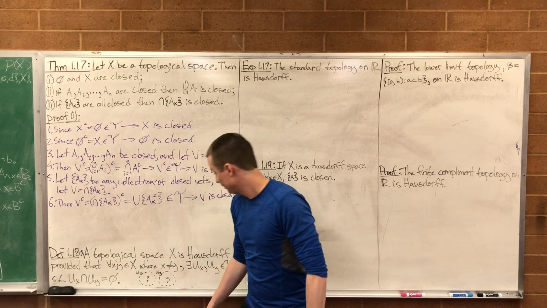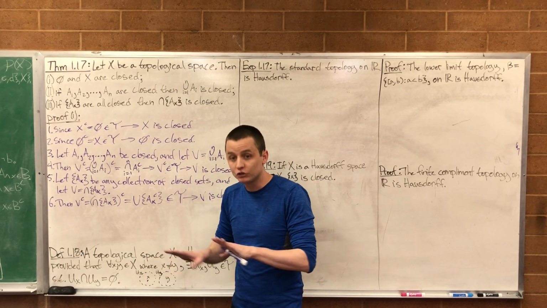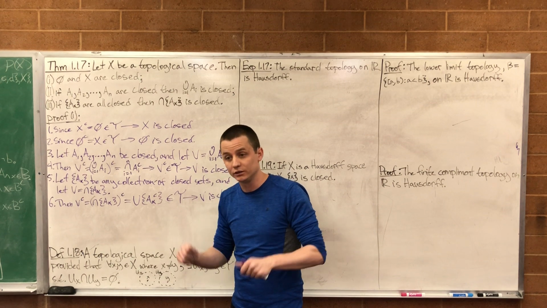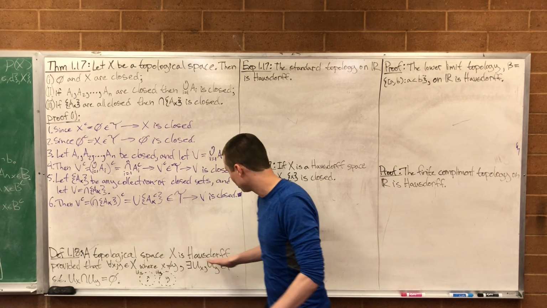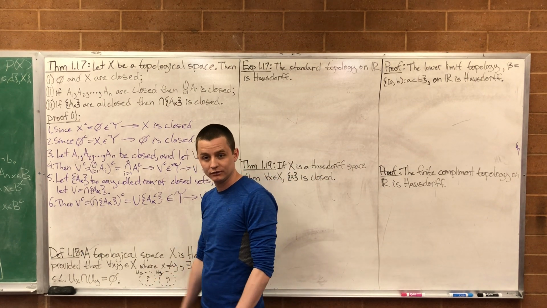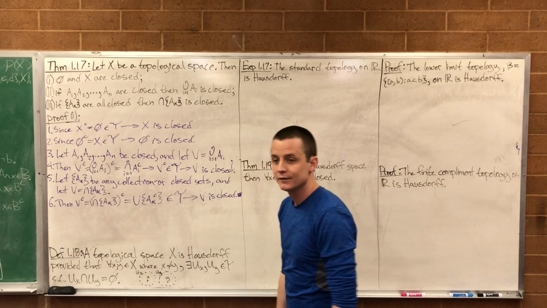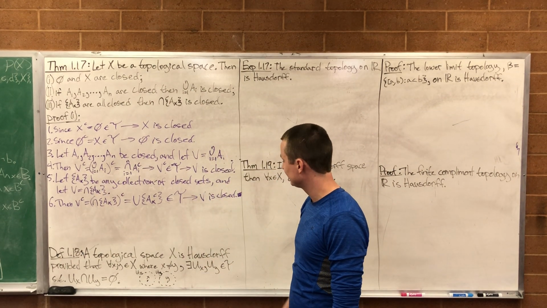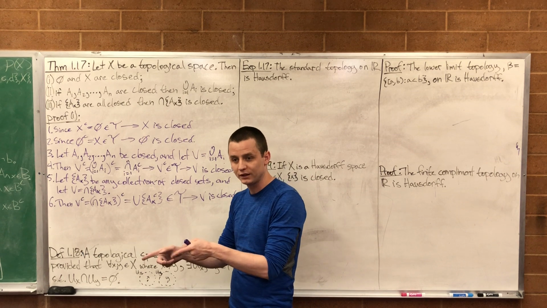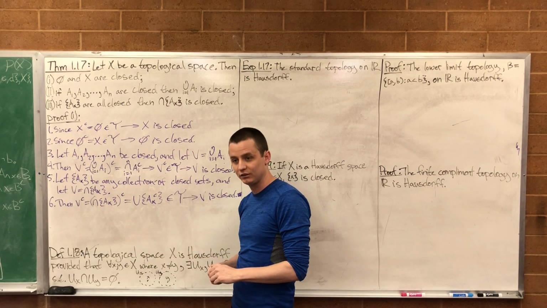Or in other words, if you have two different points in the topology, they have two disjoint neighborhoods. And why is Hausdorff so memorable? These points are housed off from each other. They have their own separate open sets, their own neighborhoods. So that's how most people remember it, is housed off. Any two points you pick, they're housed off. They have their own separate neighborhoods, their own separate open sets. Guaranteed.